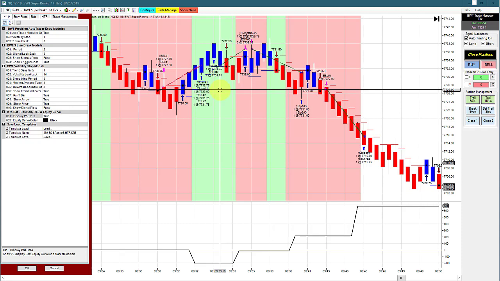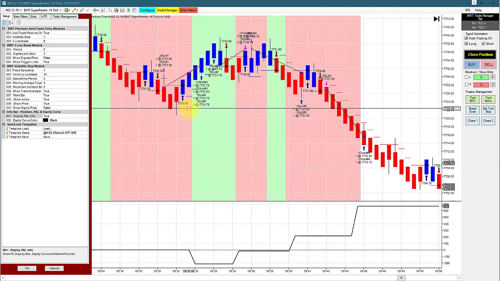Where one point in the E-mini is $50, if 20 ticks in the NASDAQ is $100, then a 10 tick chart would be $50 a point, and a 14 tick chart would be about $70 per 14 ticks. So each bar is worth $70. A 10 tick bar, each bar is worth $50, where a 6 tick Super Renko would be worth